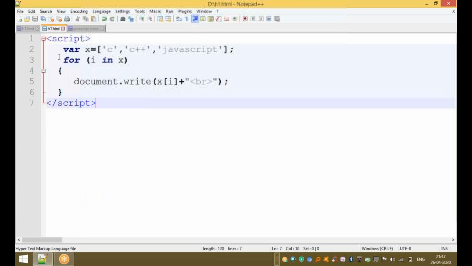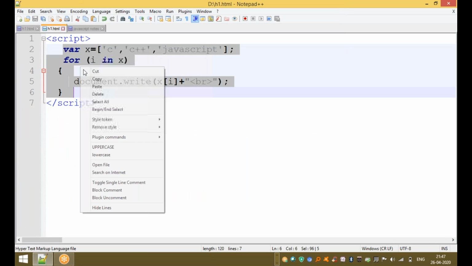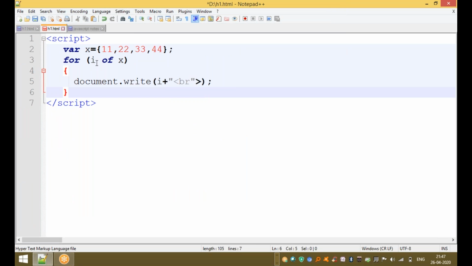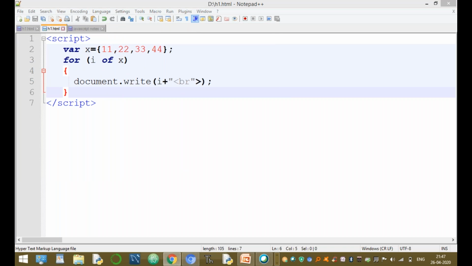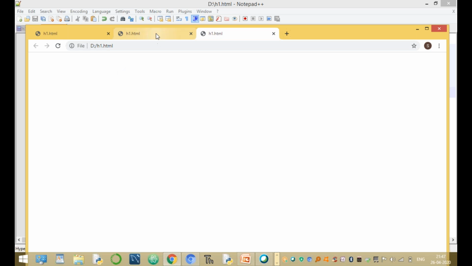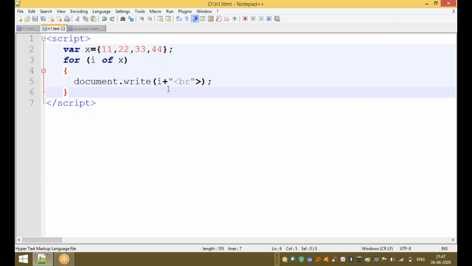And now we are using the for loop with of. So this is the x value, i of x, print the values of x. Now run the statement. The i value the first time is 11, the second time is 22, and so on. Now it prints the values 11, 22, 33, and 44. Okay guys, up to here clear for all of you?